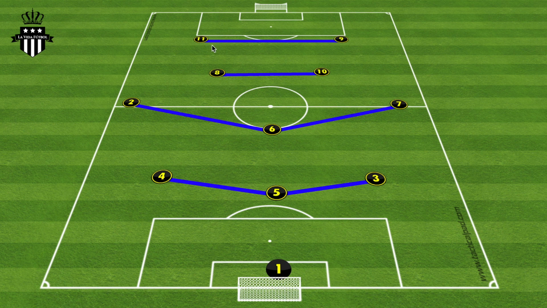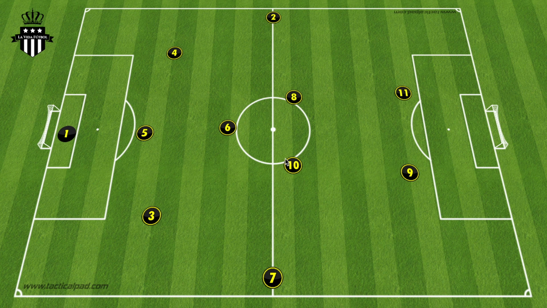Okay, so this formation I consider to be a more offensive and dynamic variation of the 3-5-2 because the 3-5-2 has the same concept. You have 3 in the back. Theoretically, you can say that the 7, 6, and 2 here are also one line and the 8 and 10 are another line. But that just depends on how the 3-5-2 is used. For example, the 3-5-2 can also be used where the 8, 6, and 10 are a little bit more in a line, just a bit staggered, and that's just more for shifting and moving together. The wing backs are alone on the outsides so that they can use the entire lane to either defend